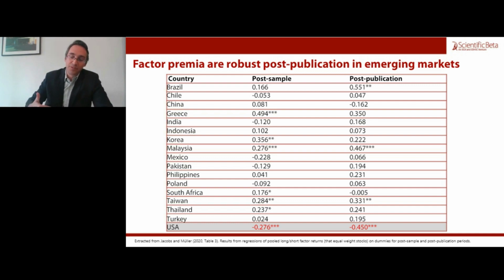So in other words, these premia might be in the data, but they might not be exploitable by investors because you have this publication effect. Once everyone knows about it, this premium might no longer be there. This is something that has been studied quite extensively, and there have been findings on US equity that indeed show that there is some of what people call post-publication decay of these